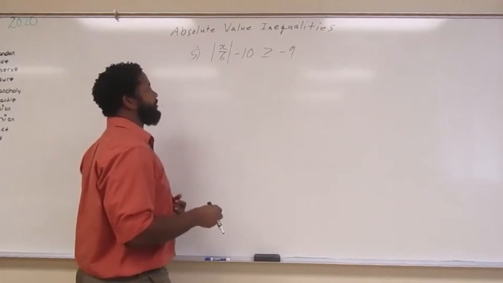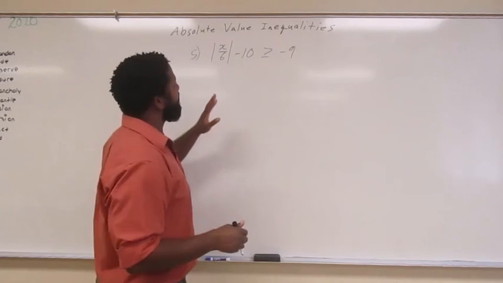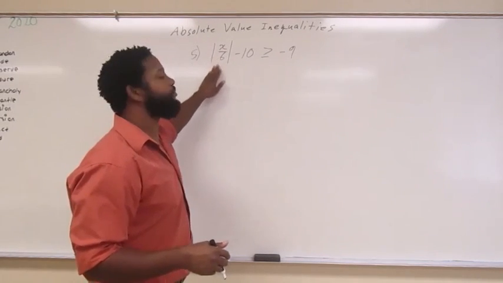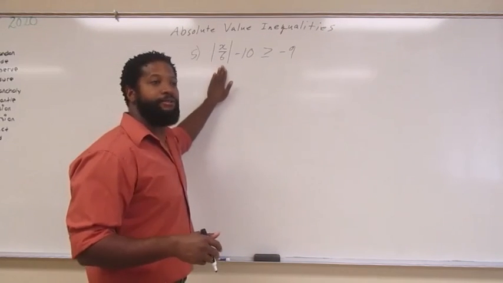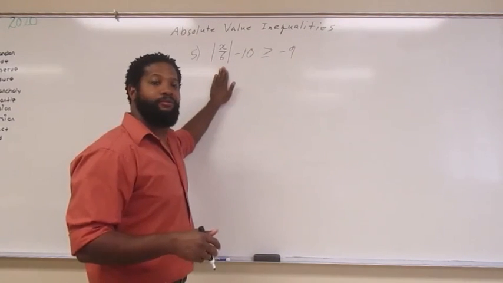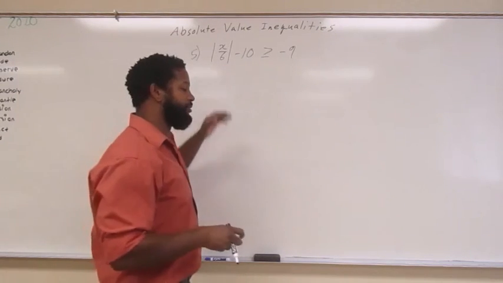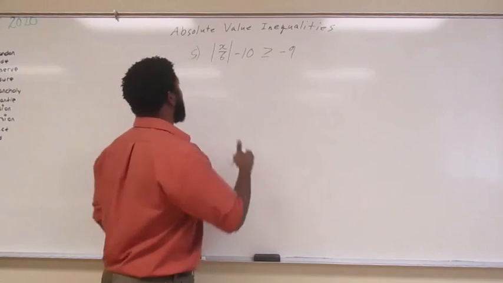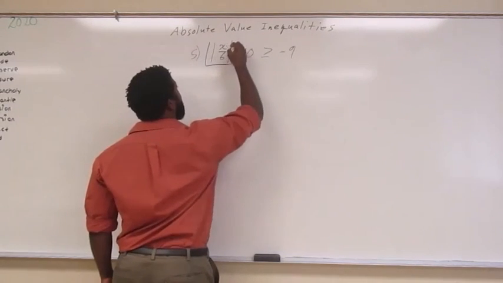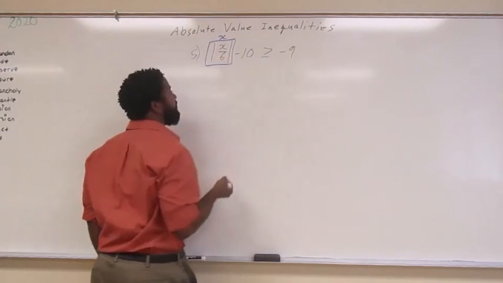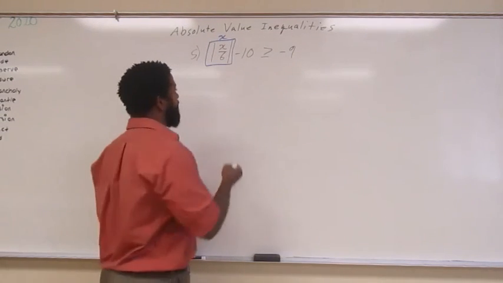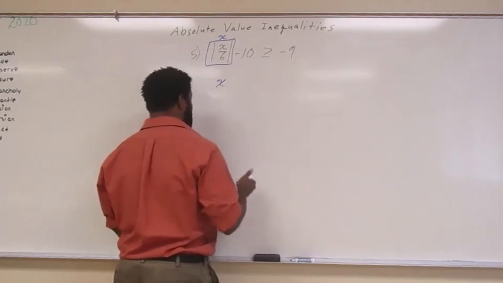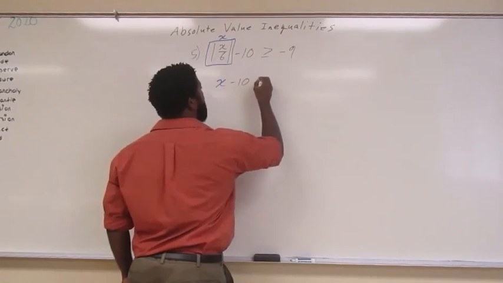So let's figure this out. First things first, we have this part on the outside, right? So therefore, how should we treat our absolute value? Remember what y'all did last week. How should we treat our absolute value? Like a variable. We put it in this box, okay? So therefore, we're gonna write our equation, x minus 10 is greater